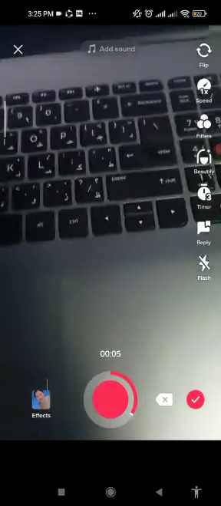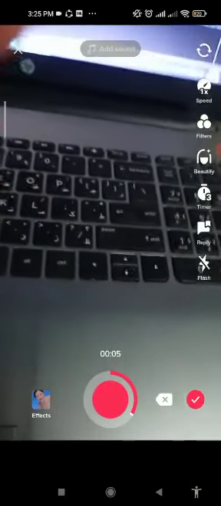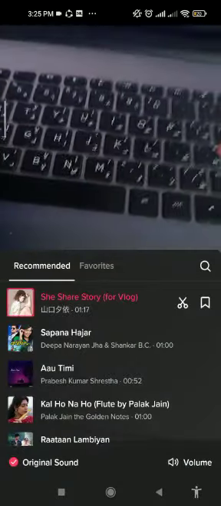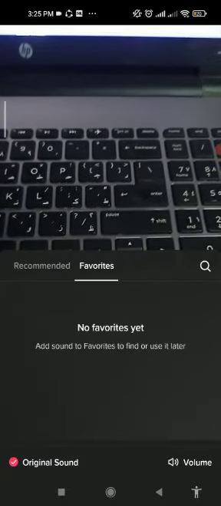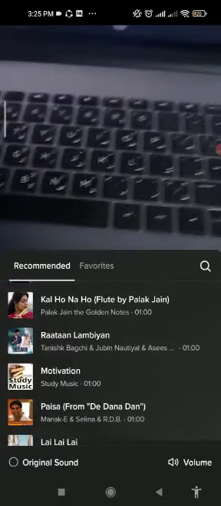And then when you're done, click on the option add sound at the top of the screen. So you can click on the option continue and then tap on the sound, add sound. Now you have the favorites, recommended, and